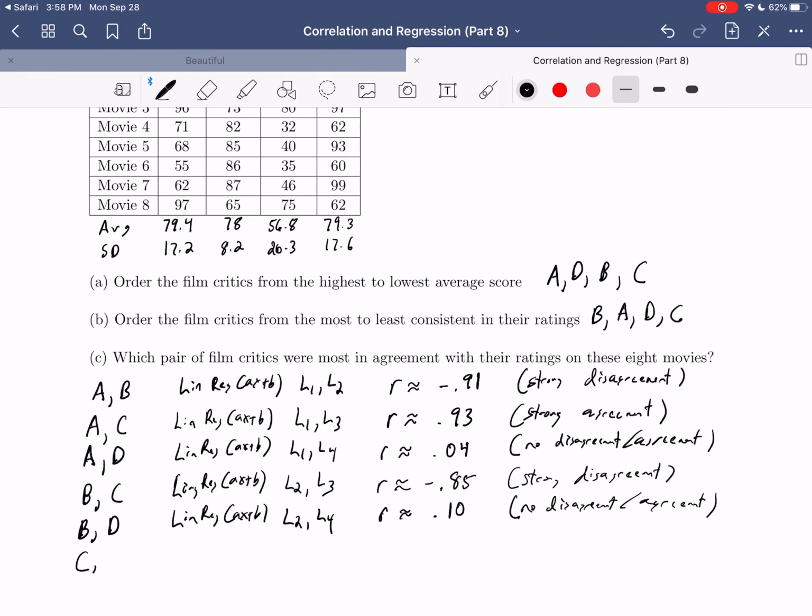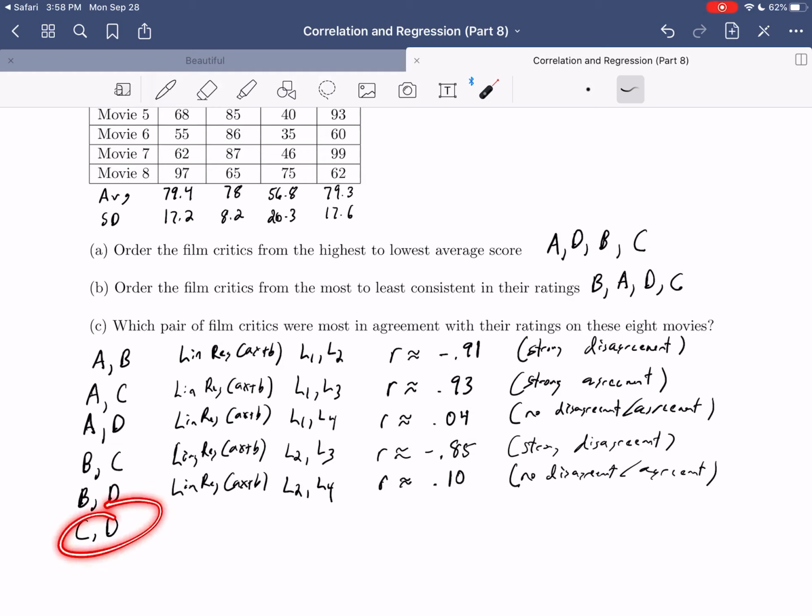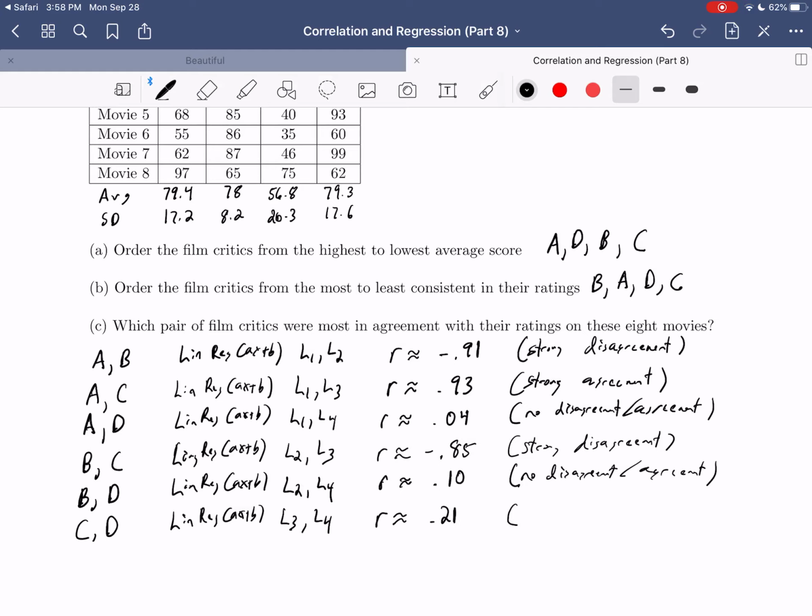All right, we've got one last pairing. The last pairing we have is Cindy and Dak, right? These two together. Notice we don't have to do pairings like Barry and Amy if we've already done Amy and Barry, because, of course, we're just talking about whether or not they agree or disagree, so it doesn't matter the order. So the last one we need to do, Cindy and Dak. So lin reg ax plus b, last one here, L3 comma L4. So we'll go ahead and do that, L3 and L4, and we'll calculate there, and we get approximately 0.21. Again, 0.21, a little bit stronger of an agreement, but still nothing that we would consider significant,